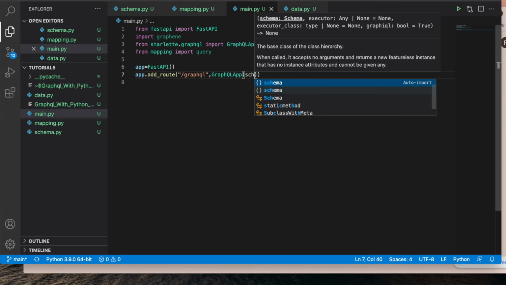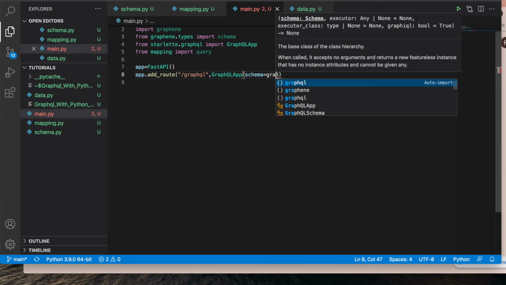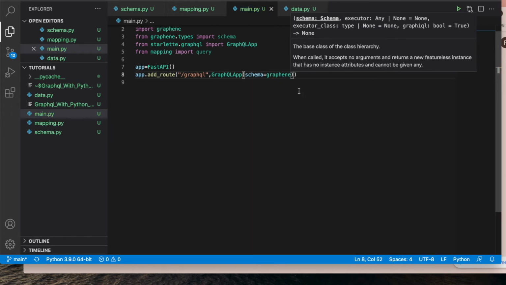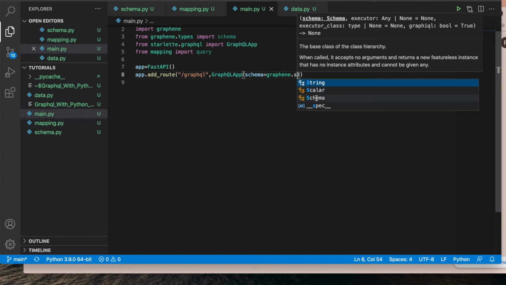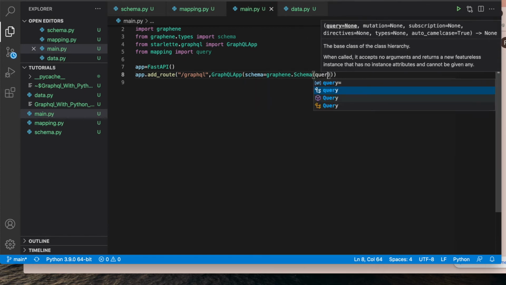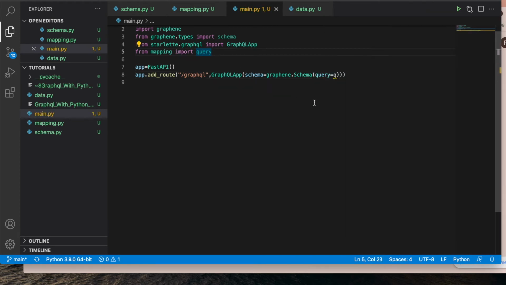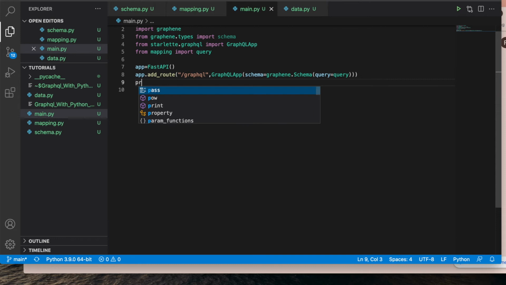It should be schema equals to graphene.Schema, and inside that query equals to this query. So this query is going to be this query.